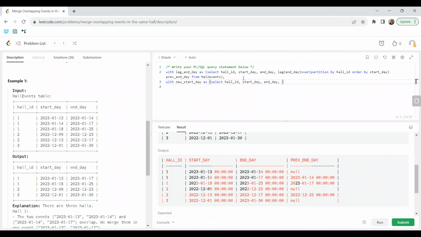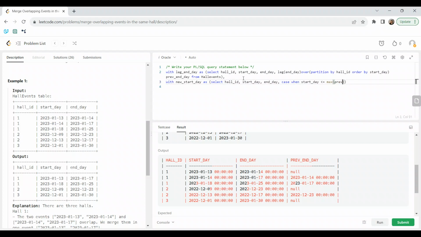Okay, and so I'm going to compare. Write a case when, where I compare the start day. If it's less than or equal, because we determined that equal means overlapping,